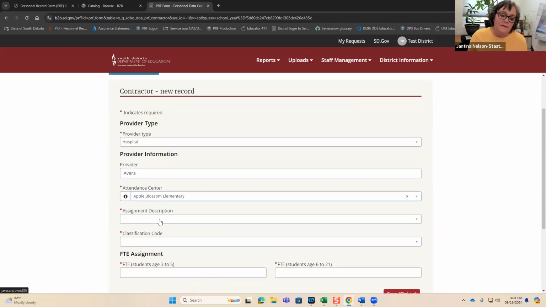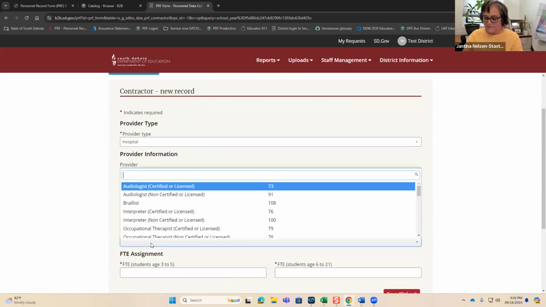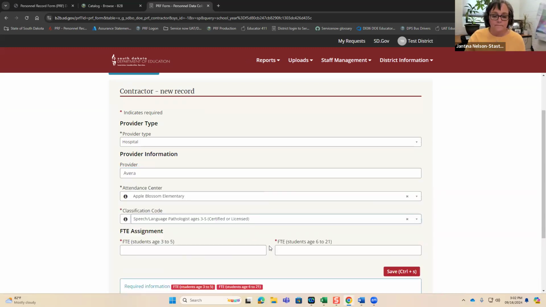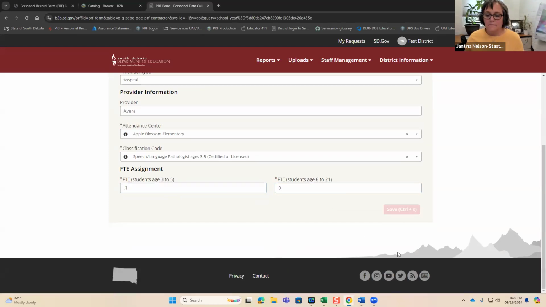Now, this is broken out by special ed assignment codes or classified codes. So depending on what you select, the other one goes away. See how the assignment codes went away when I did this service?